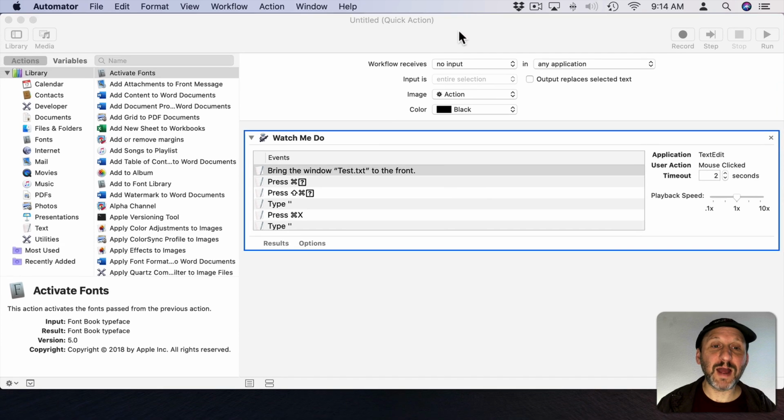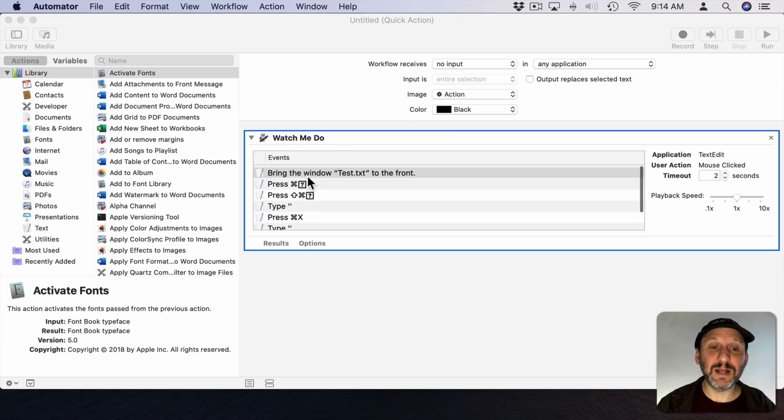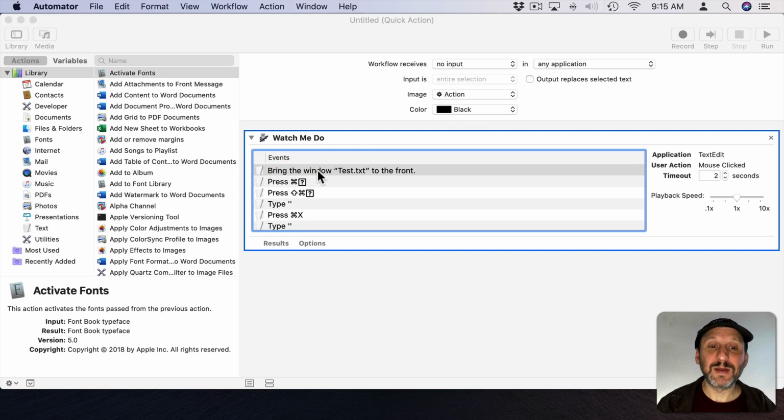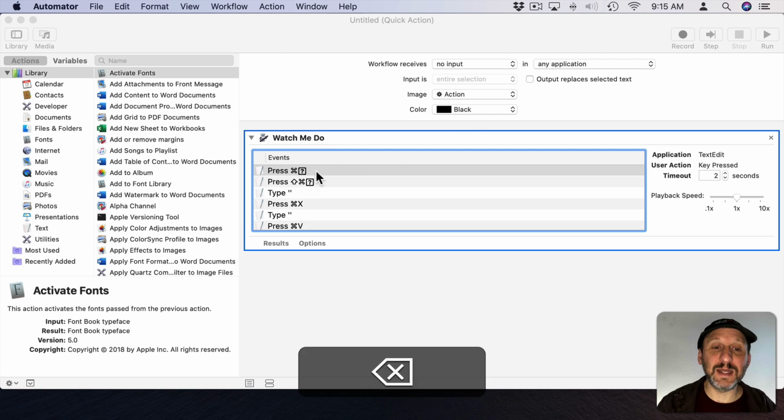Now in Automator I've got this Watch Me Do action and it has a series here of events. Let me go to the very first one here, which is bringing the window for the TextEdit document to the front. I don't want that one there because presumably I'm already there at that position and I'm probably not using this particular document anyway. So I'm going to select that and hit the delete key to delete it.